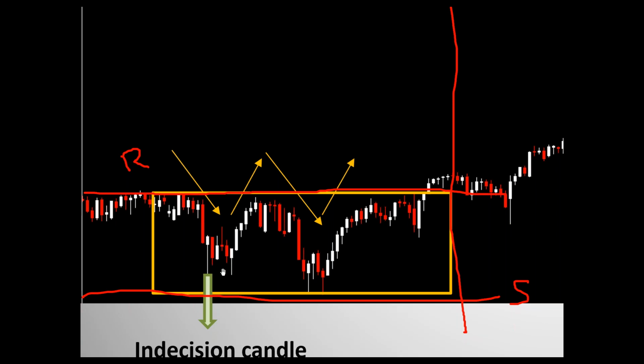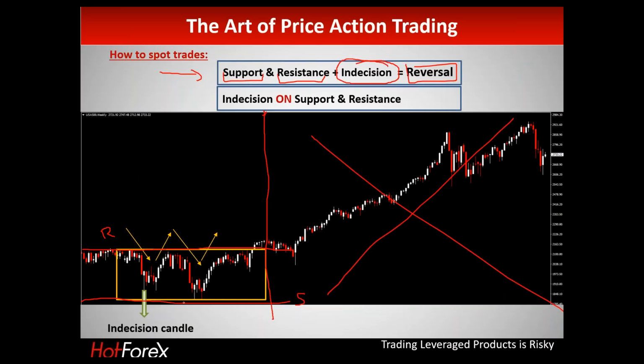So, three parts. First of all, we need to have a preceding trend, which I do have. It's going down. That candle down, and these lower highs over here show me that I am in a decline right now. Then indecision on the support level, and the third part, in order to complete my reversal trade, will be a sign of a reversal of the trend. In this example, the clear sign that there is a reversal of the trend was those two consecutive bullish candles.